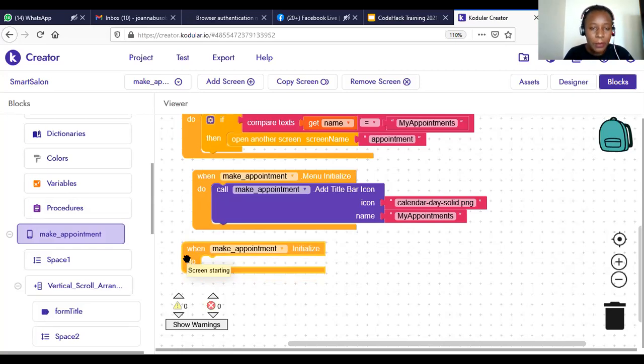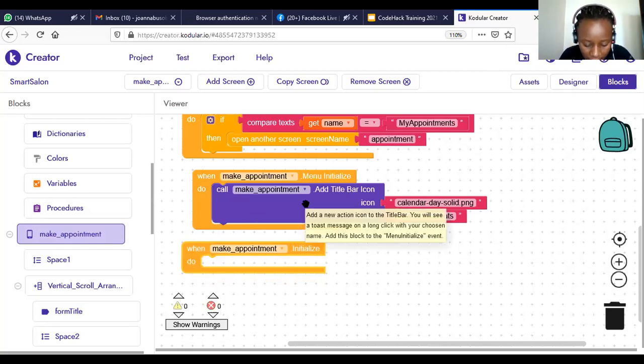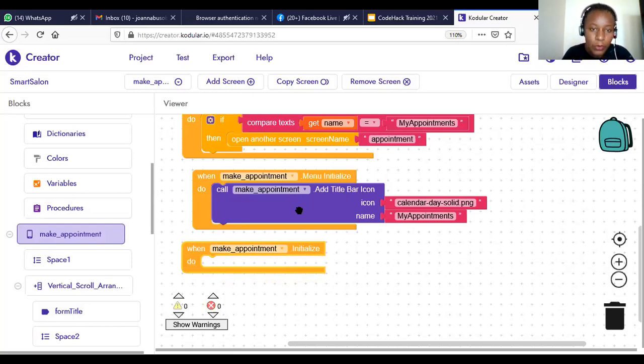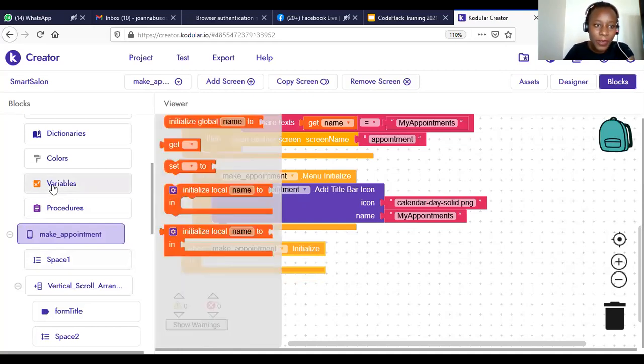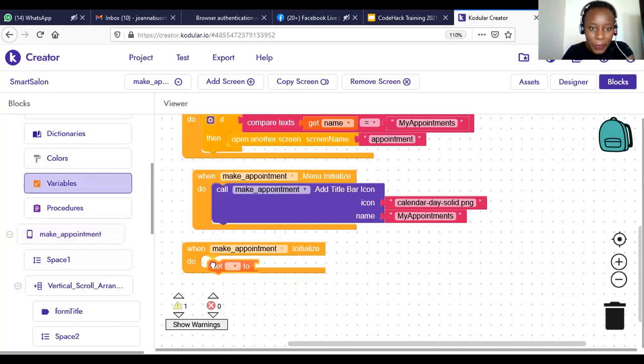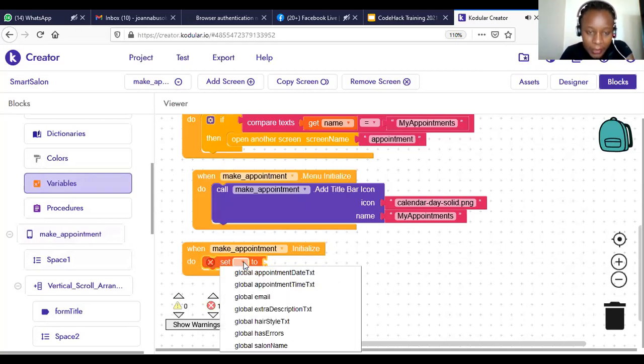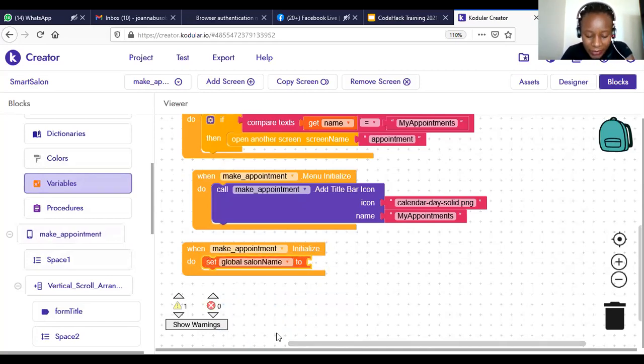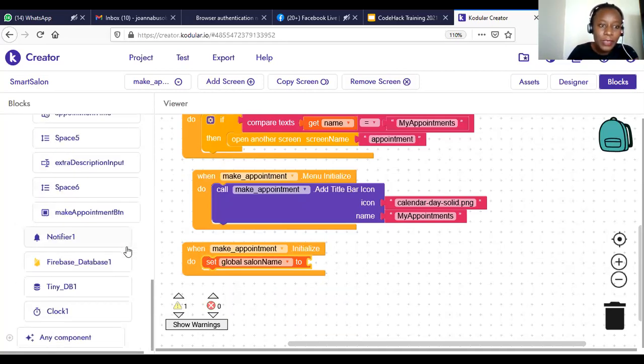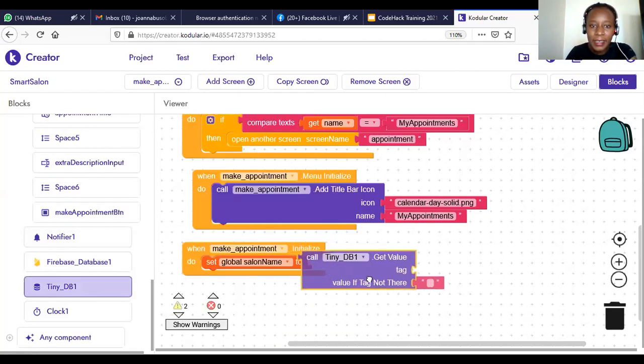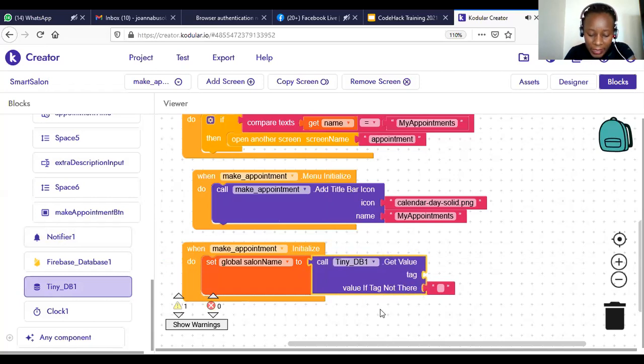You can call make appointment, call this one again. Sorry, not that one actually. You come to the TinyDB, sorry, I was doing the same code here. Great, so when that one is initialized, how do we populate the text there? Come to the variables, first of all, we set, okay? We set global salon name. Set global salon name to what? There were some values that we are storing in the TinyDB in the previous page. So we'll click here and then say call TinyDB1.getValue. The tag is salon name. If you can remember